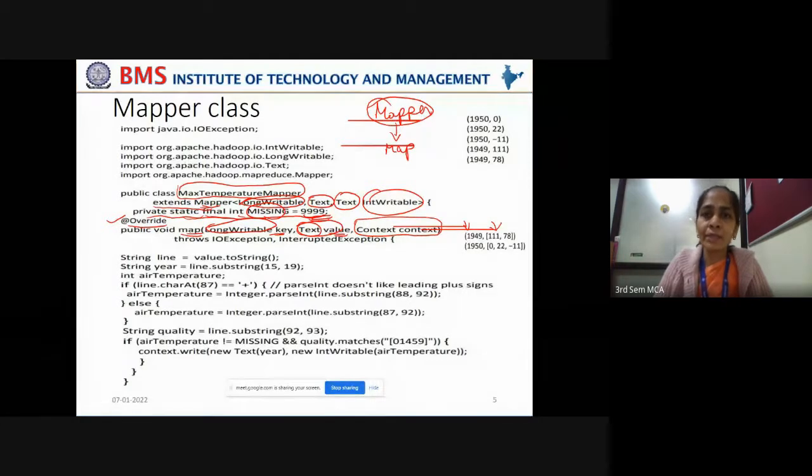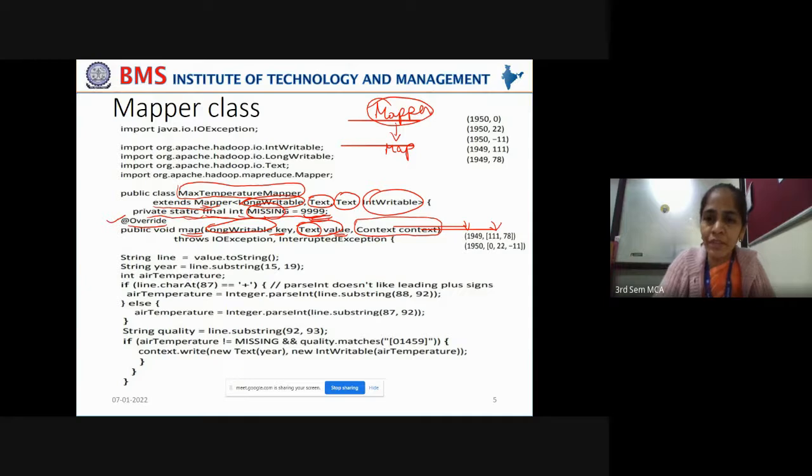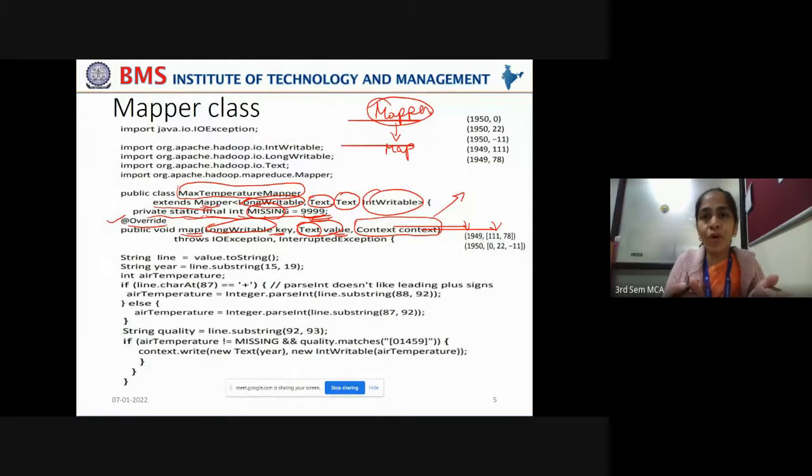I said that this map function will emit output key value pairs which can be taken as input to the reduce phase. Now we would be expecting a key value pair as output, but we are using this context variable. What is this context variable? Context is like a box. It is like an encapsulator which will pack the output key value pair into a single variable called context. Now this context variable is capable of carrying the data between different phases of the MapReduce framework.